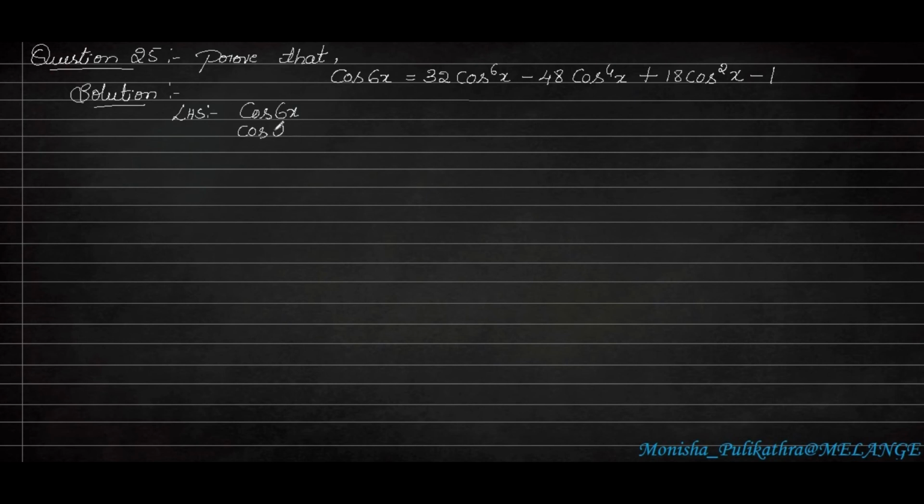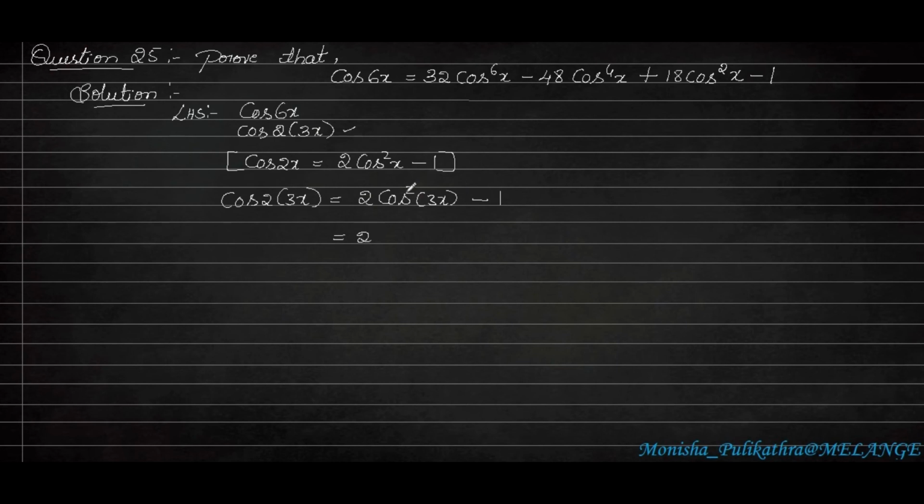So we can take it in the form of 2 into 3x, where this x is equal to 3x. So remember the formula, that is cos 2x is equal to 2 cos square x minus 1. We should apply this formula to this step. So cos 2x, in the place of x we have taken 3x here. So cos 2 into 3x, which is equal to cos 6x. It is in the form of this formula cos 2x. So it will become 2 cos square 3x minus 1.